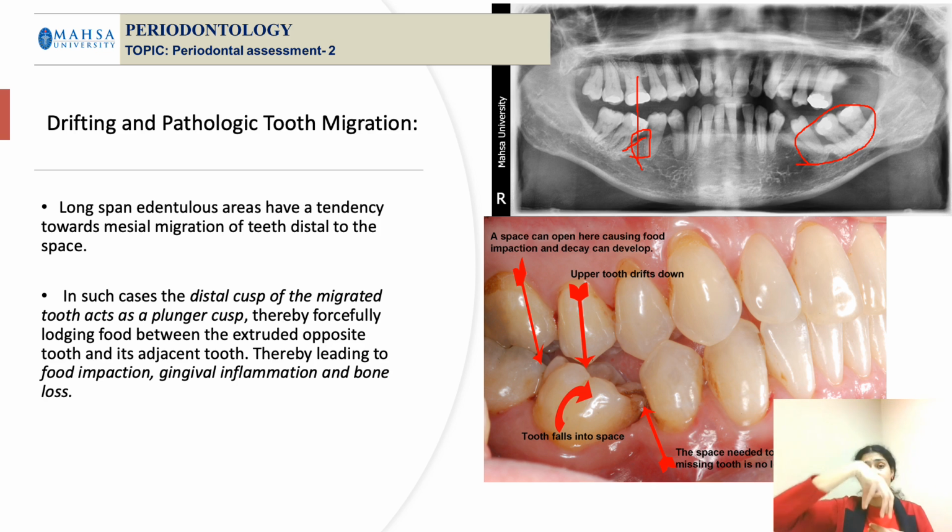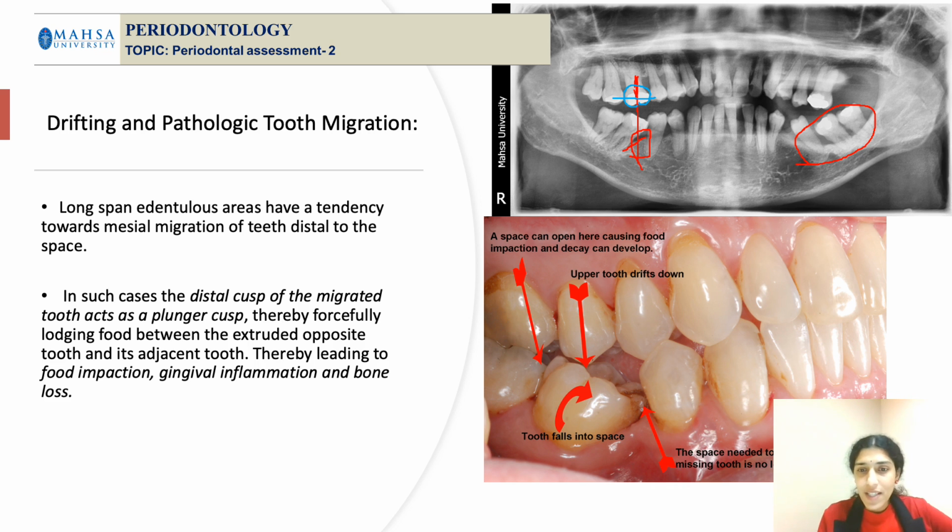Once the supra-eruption of the opposing tooth happens, there is no proper contact of the marginal ridge there with the adjacent upper tooth, right? For example, imagine you can see here, if this is supra-erupted in this particular tooth, if at all it is, I'll take another color. Okay. See this particular tooth, if it is supra-erupting, do you think the proximal contact integrity is maintained here? The marginal ridges, won't it be uneven again? Yes. So there will be an effect on both upper as well as lower, isn't it?